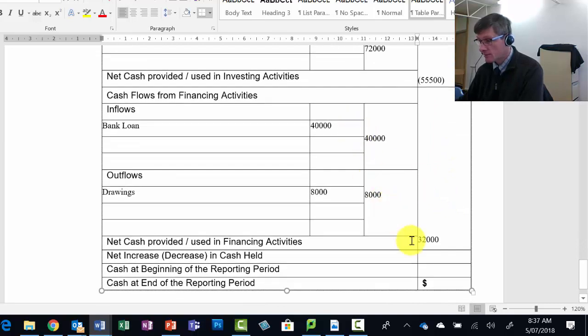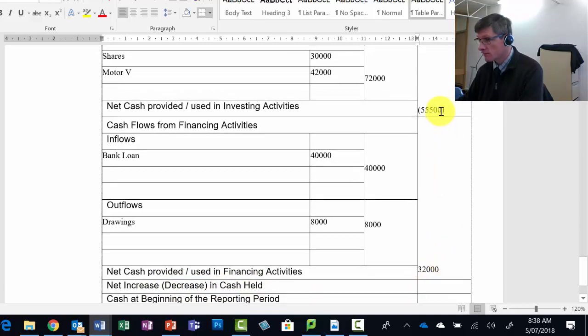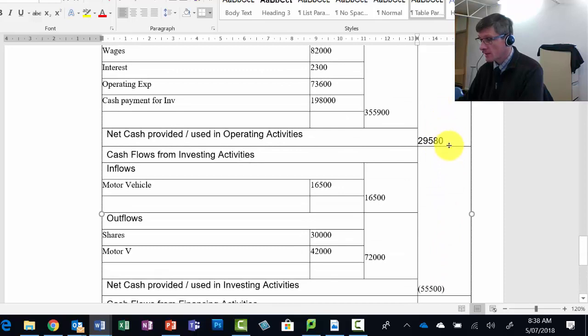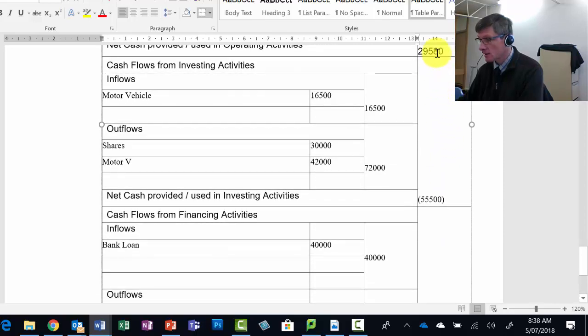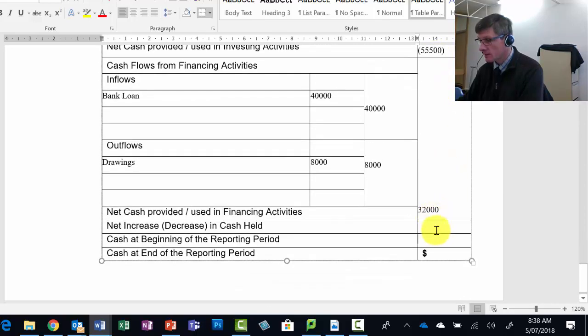And over here we had a positive $32,000. So what we've got to do, we've got to now add up the net decrease or increase in cash held, and we do that by adding up the 32 plus 35, or the 55 and the 29. So that minus that plus that gives us